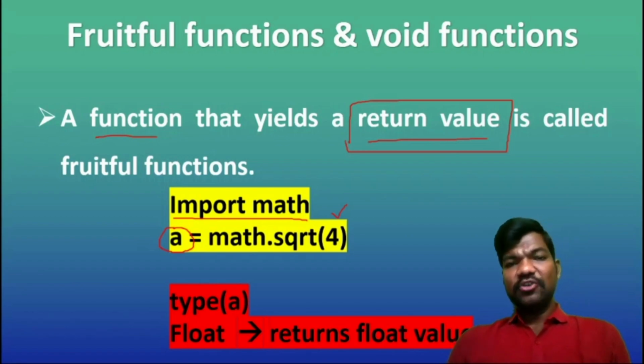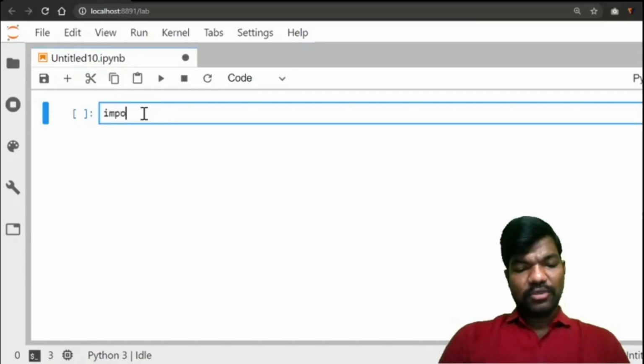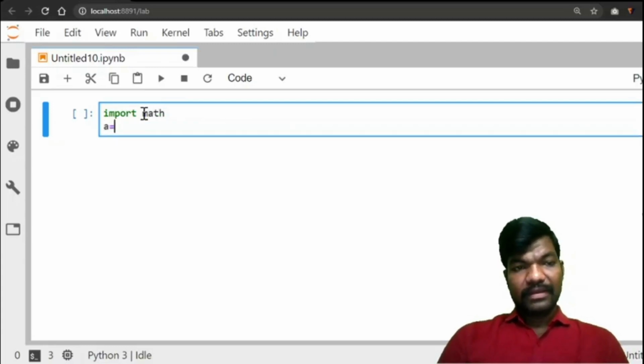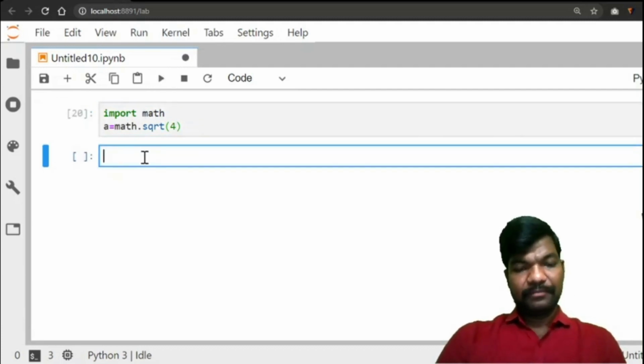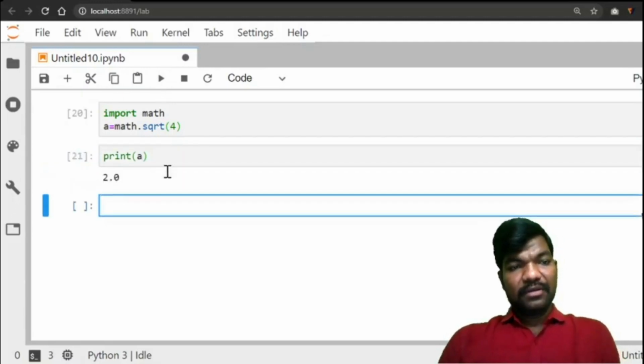We will discuss it in Jupyter Notebook. First import math, a equal to math dot sqrt of 4. Run it. Print of a. Here the value of a is 2.0. Now check the type.